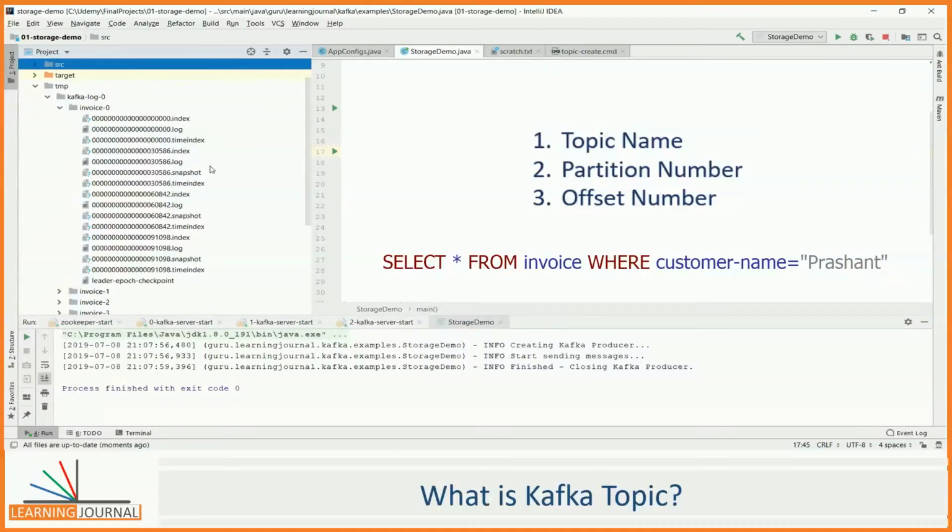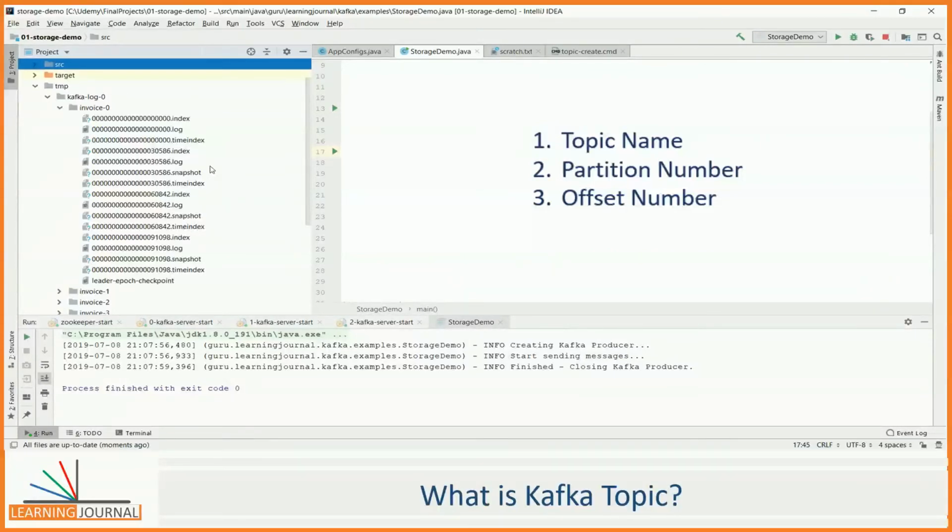In database applications, we may want to access data on some critical columns, such as invoice number, customer name, or customer ID. However, you cannot do that in Kafka because messages are not structured into column names. And that's why this arrangement of uniqueness looks strange.